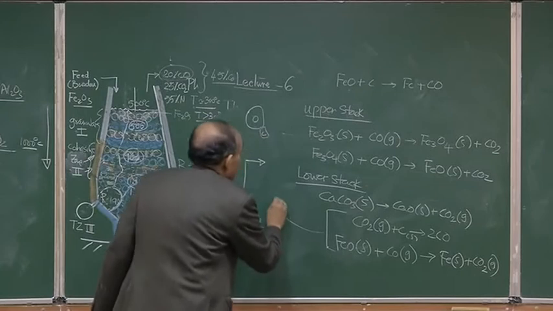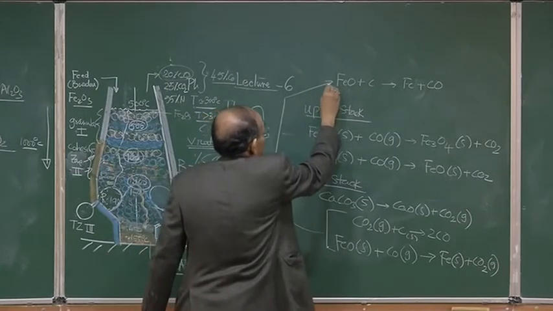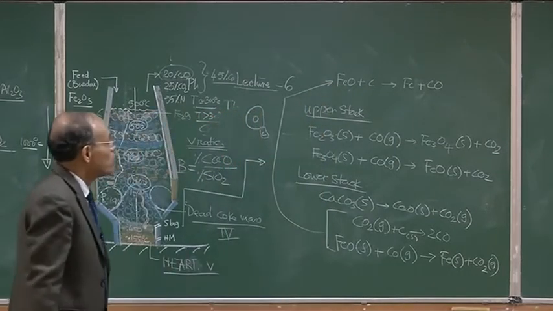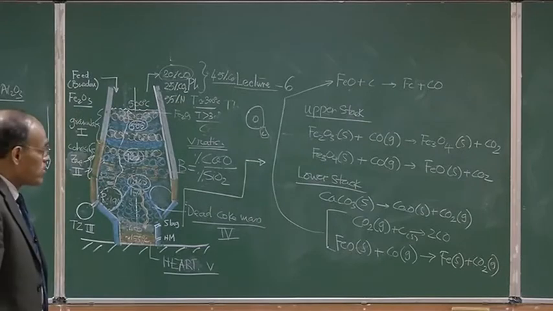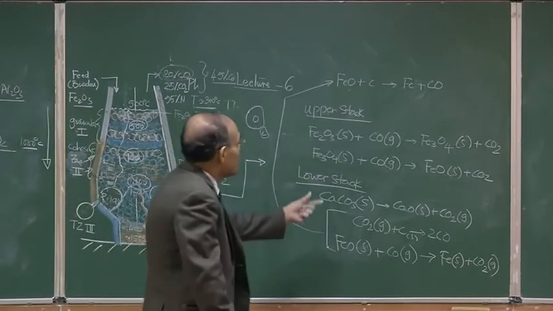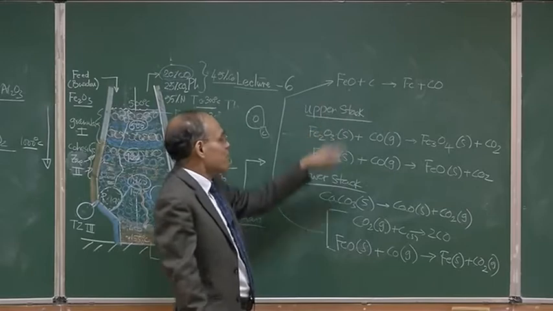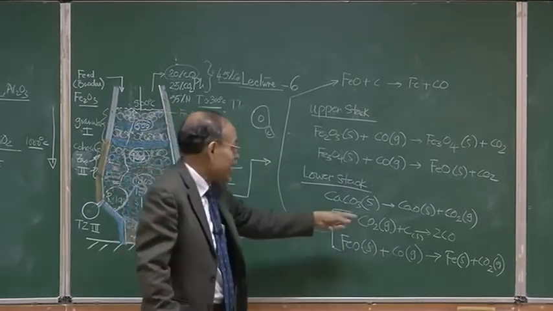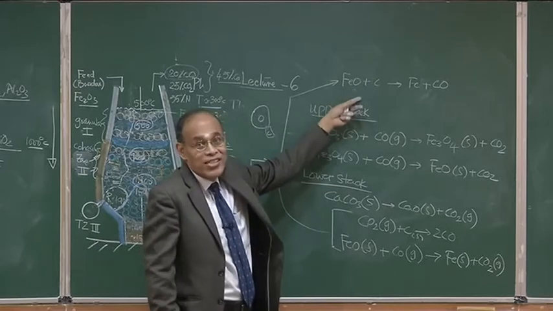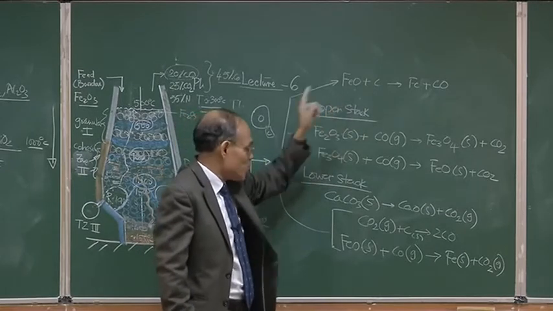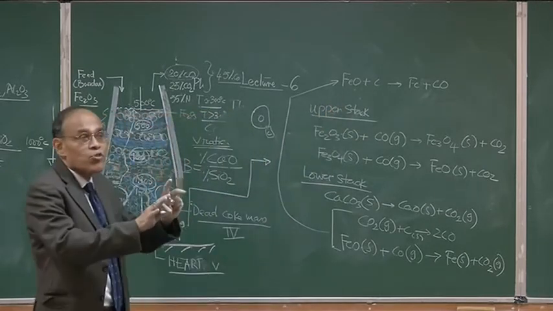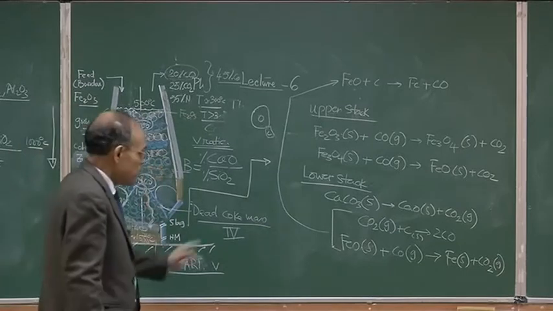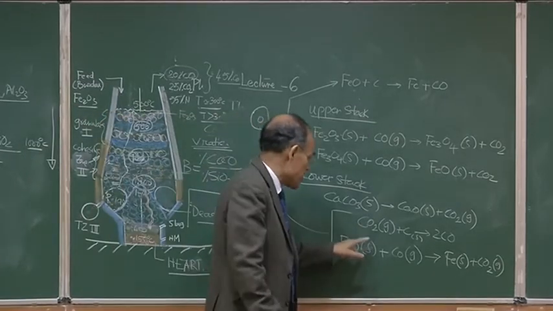If these reactions are taking place simultaneously, one can represent them by this, but fundamentally they are different, because these are gas-solid reactions and these are solid-solid reactions. Carbon is solid, FeO is solid, but stoichiometrically this plus this is equal